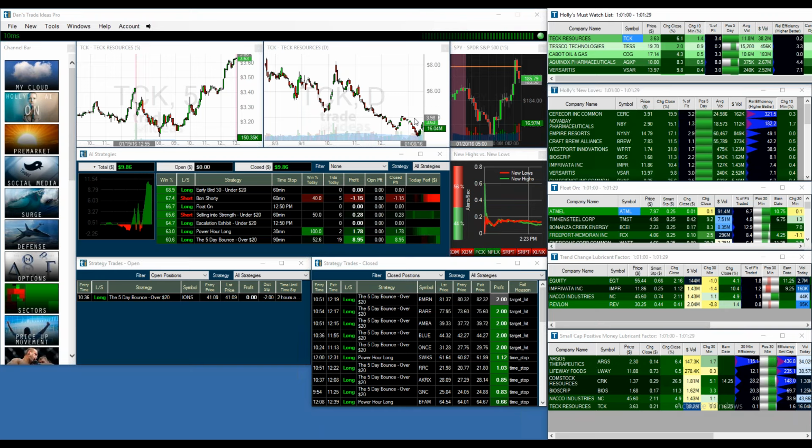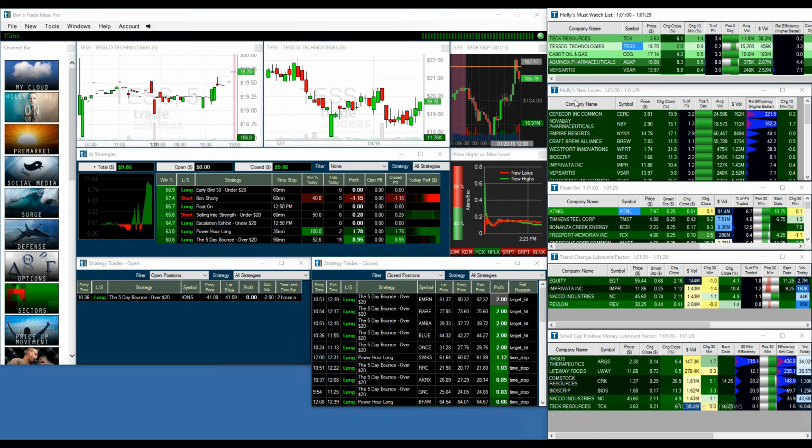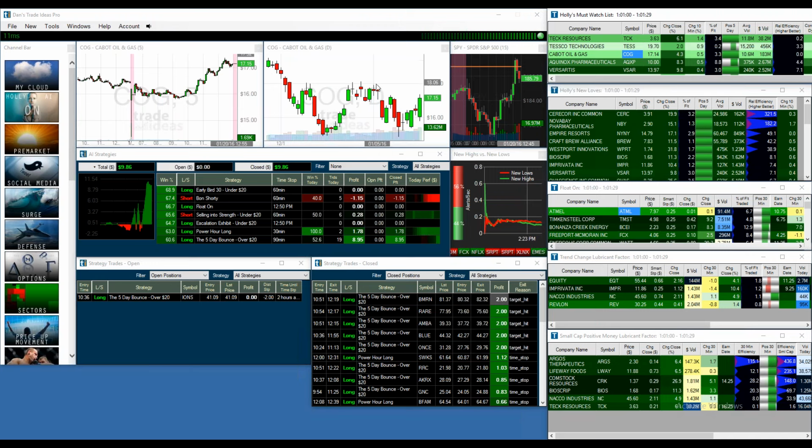A lot of times what we're trying to do is catch this really big inflection point. So you should be able to see a lot of that same kind of action. Here it is again. And the last thing you do is just write some of these symbols down, because guys, this is where you find alpha. I always like to bring it back so you can kind of see what we're doing.